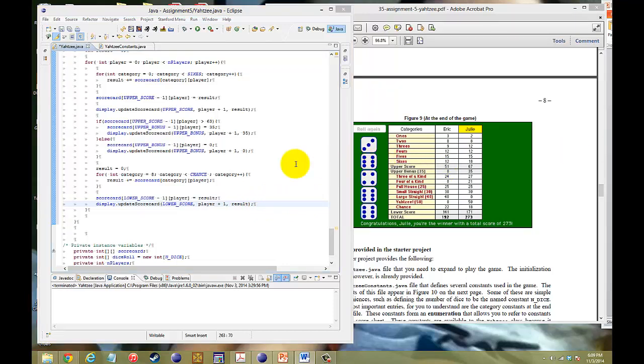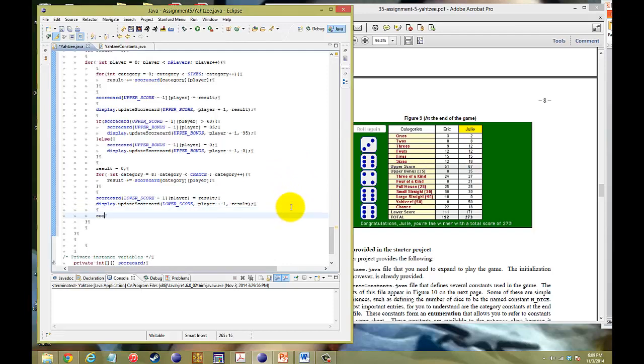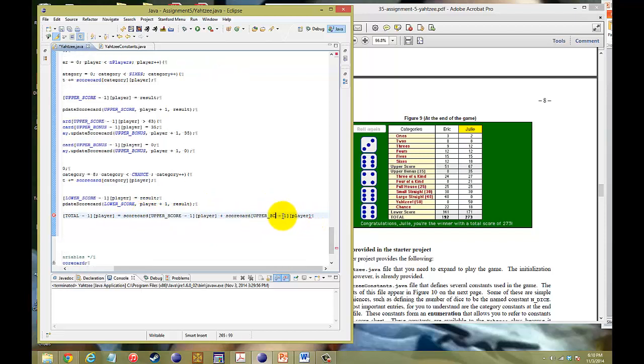Alright, now finally we need to get our total score. So again, take our scorecard, and we're going to go ahead and put our total into the bottom, and this is for the two-dimensional array, so that's why we subtracted by 1. So total player, and then will be the values of the upper score, upper bonus, and lower score. So we're going to add those three together, and that will equal our total. So scorecard of our upper. Okay, let's type that out. So scorecard of our upper score minus 1 with our same player index plus the scorecard of our upper bonus plus